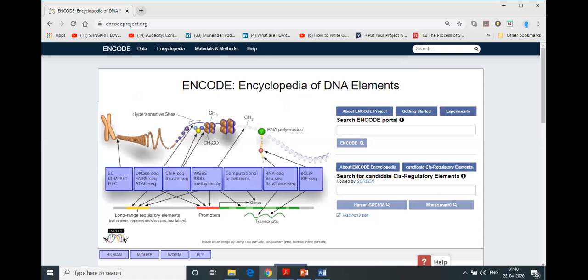Again, there is one more genomic database, a very important one, called ENCODE. It is the Encyclopedia of DNA Elements. We already know that DNA consists of several elements, for example promoters, enhancers, silencers, and insulators. If you know only the promoter sequence, it may not be good enough to analyze gene expression; you need to know about enhancers also. If you want to make a fusion reporter and study the expression of genes, you need to take the enhancer sequence, make the promoter, and make a reporter. So this database provides a complete encyclopedia of DNA elements across species.